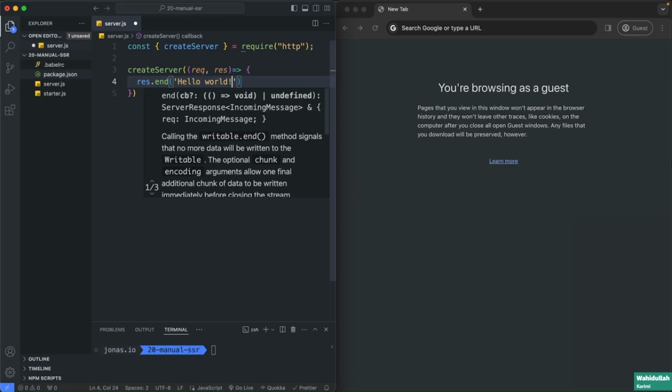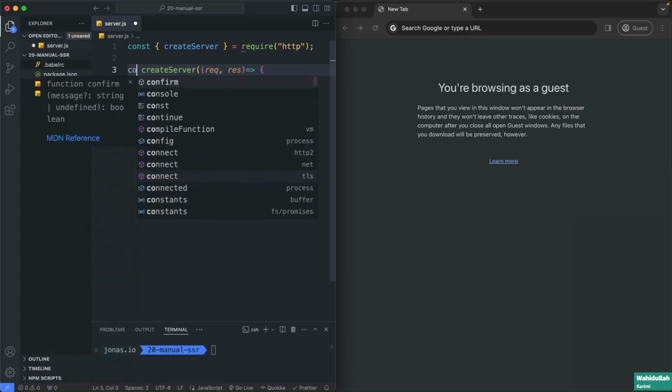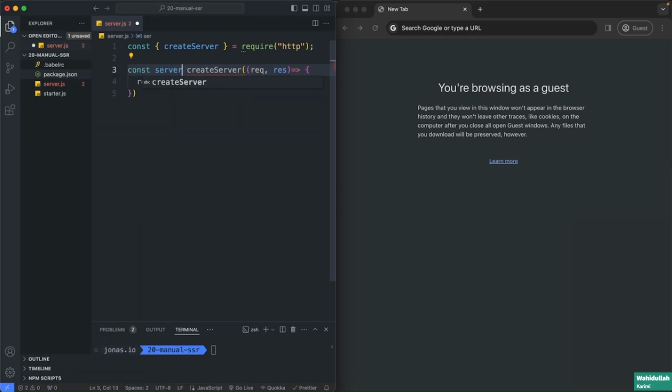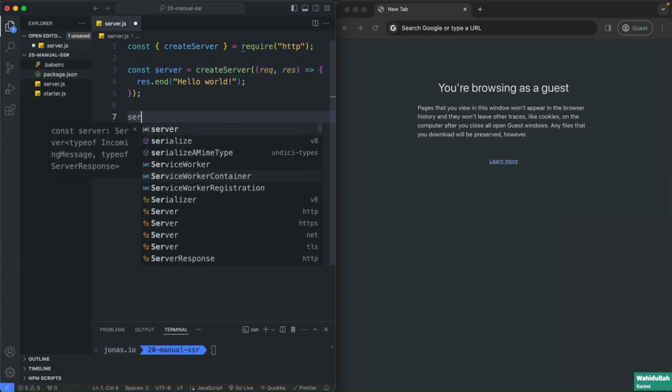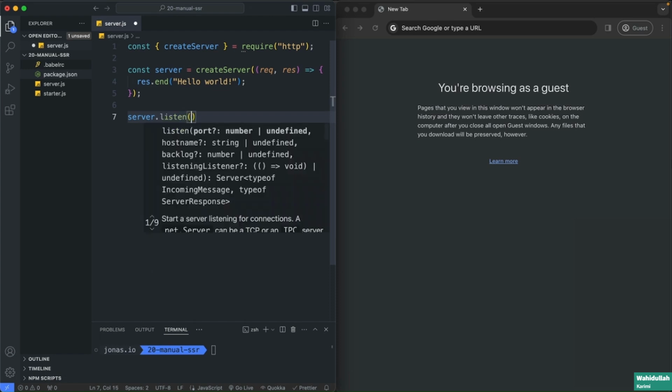So let's do our typical hello world here. And then in the end, we need to store the result of this function into some variable, which we're going to call server here, because on this server we can then call the listen method,